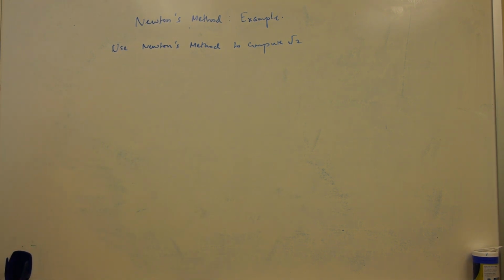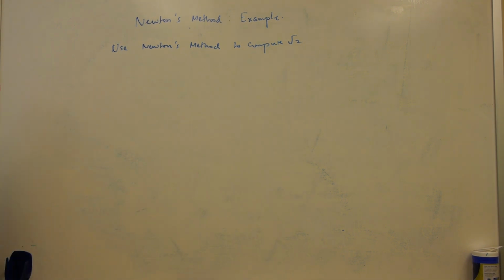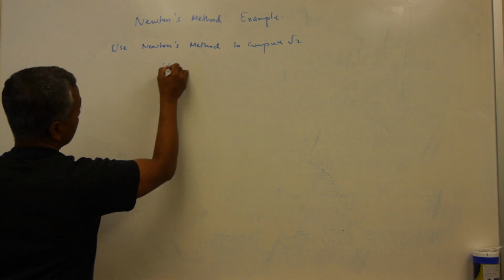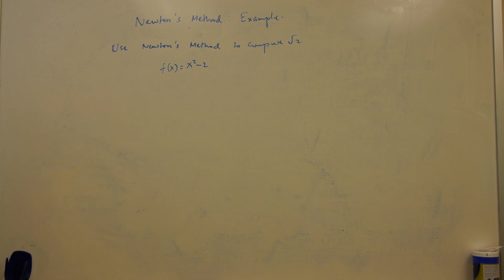So I need to set up an equation whose root is going to be square root of 2, and then I'm going to use Newton's method to compute that. So what is an example of such a function? A function simply could be f of x is x squared minus 2. Okay? You know that if this